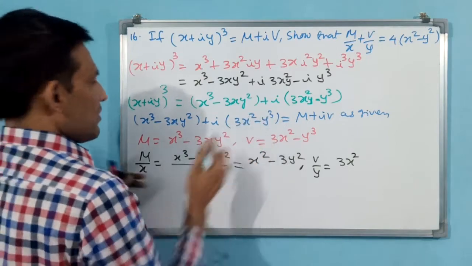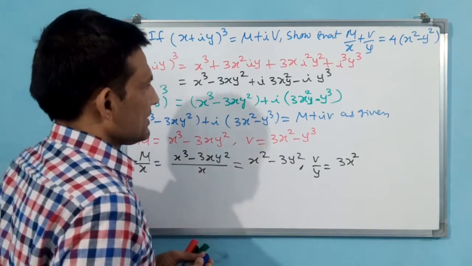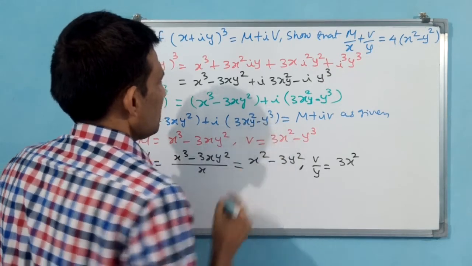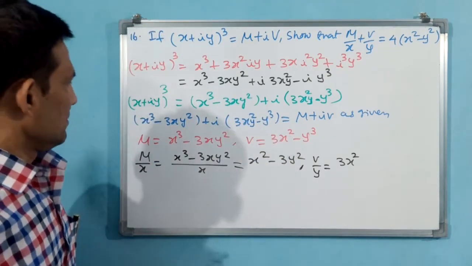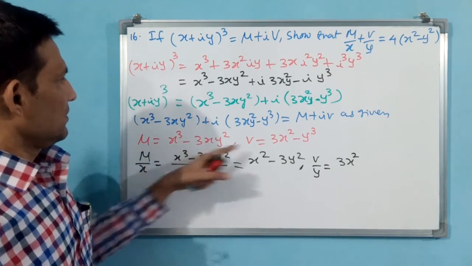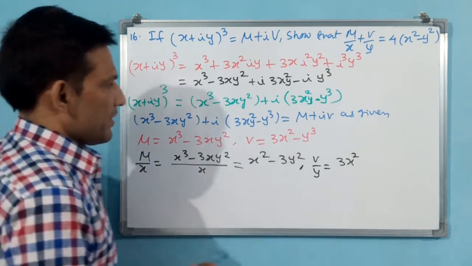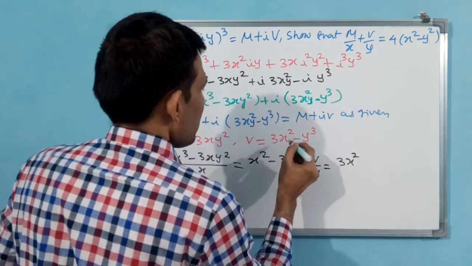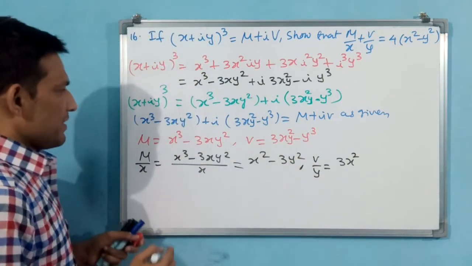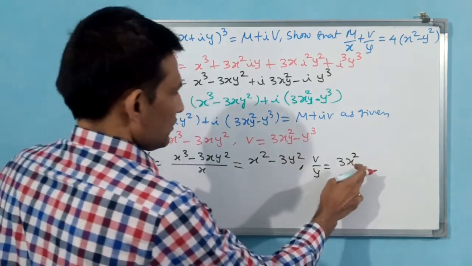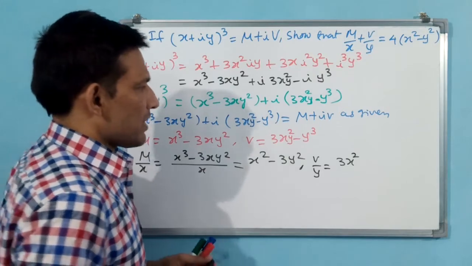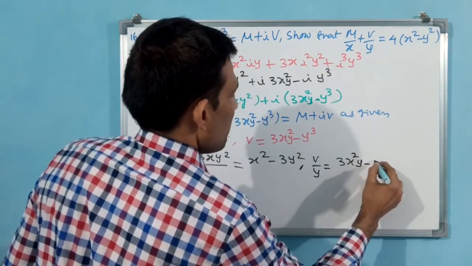Then here also, i 3x square y. Everywhere it comes. Once you have made a mistake, that has to be rectified wherever it is there. Now here also you write. Now you write here 3x square y minus y cube